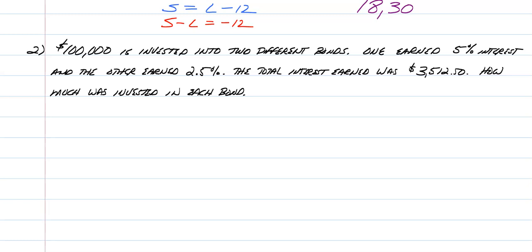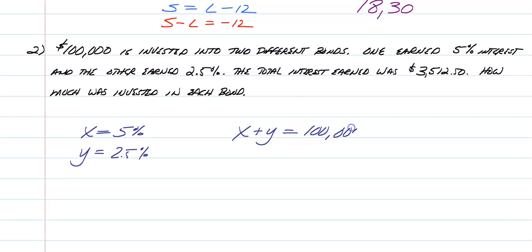So we still have our sum, but it might help to say that X is equal to the 5% bond, and Y is equal to the 2.5% bond, just so you know what you're talking about. So we know that X plus Y is going to equal $100,000. But then the next one is in terms of percent. So the X bond would be